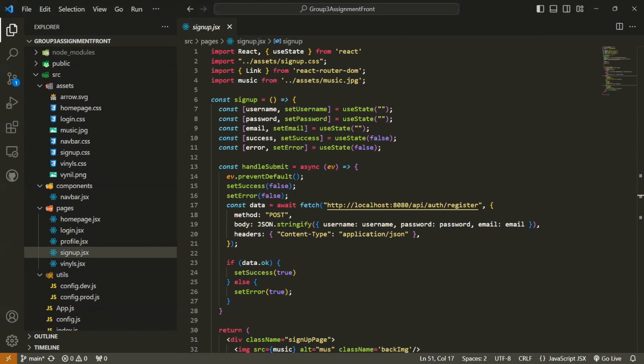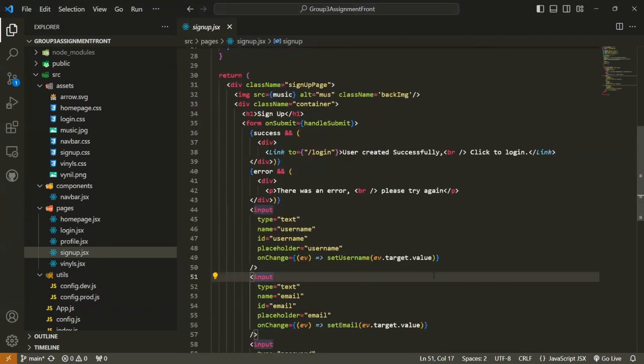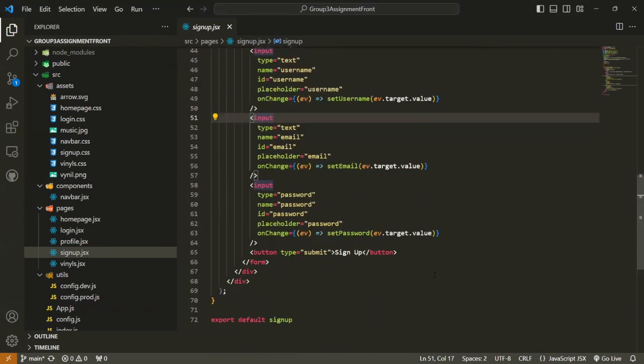The return statement of the component renders a signup form. If the success state is true, a success message is displayed with a link to the login page. If the error state is true, an error message will be displayed as well. And the username, password, and email input fields update their respective states whenever their values change. The same as for the other page mentioned, the login page, it also exports the signup component at the end